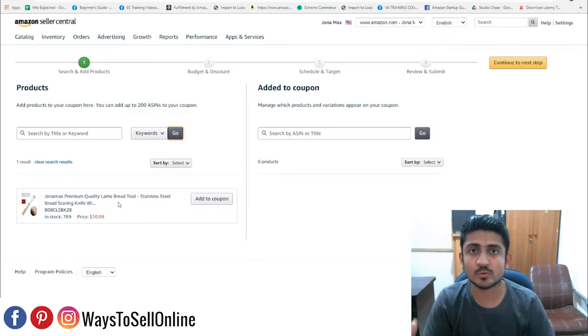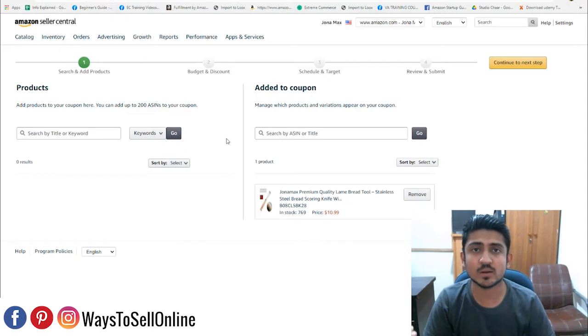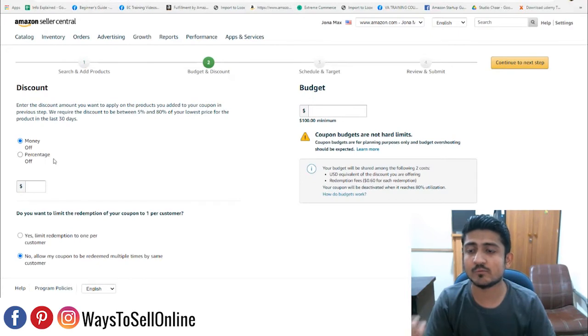So if I want to distribute a discount coupon on this product, then I can just click on add a coupon. So you can see that this product is shifted from left to right column. So now I have selected a product on which I want to distribute discount coupons. So just click on continue to next step, and here I have to tell Amazon what kind of discount